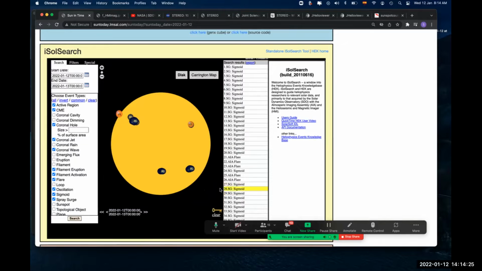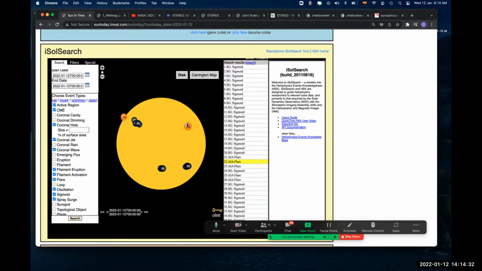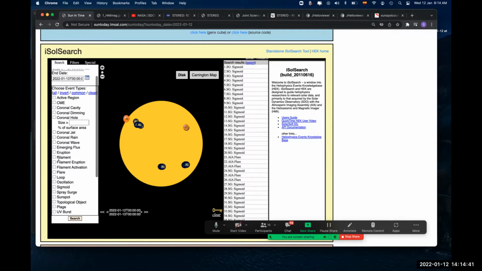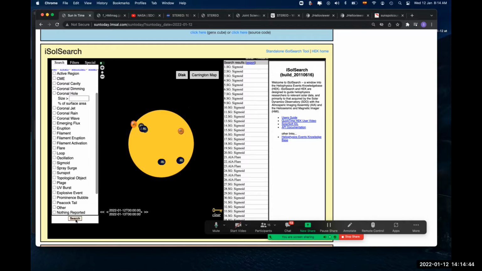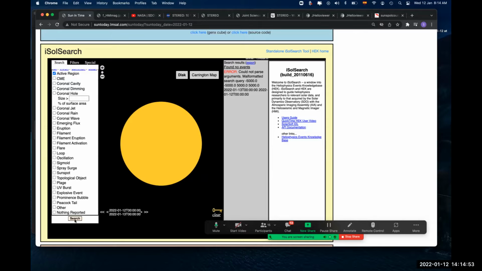I'm just trying to see if I can enlarge this thing. Probably not. Okay. Like this. Okay, so if we untick all of them, you will see the blank sun. Hopefully. Okay, yeah. So if you want to locate the active regions, you can just tick in active region, and then you click on search here, and hopefully